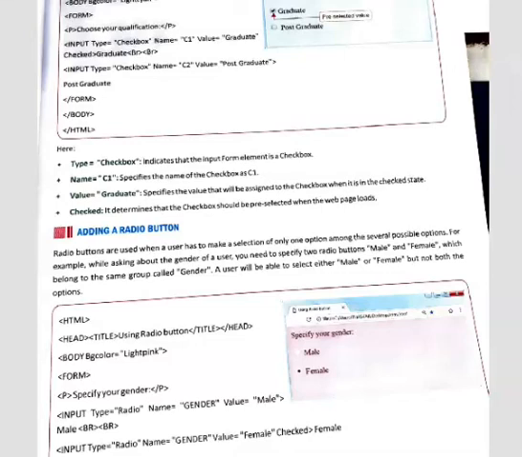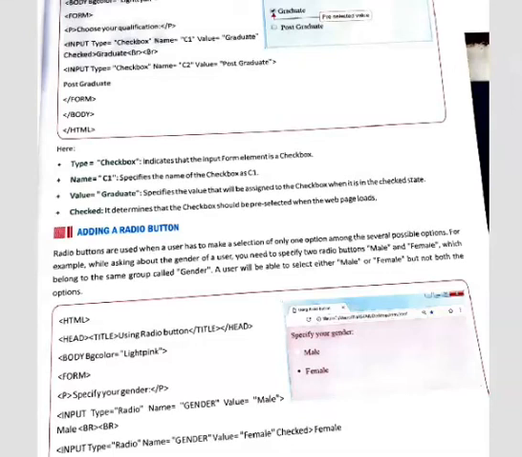The next we should use is the radio button. Here we can mention type is equal to radio. The difference between checkbox and radio button is that while selecting options, a checkbox allows us to select more than one element, whereas the radio button allows only one element to be selected at the same time. The radio button is known as the option of explicit selection. It means it allows only one selection at the same time.